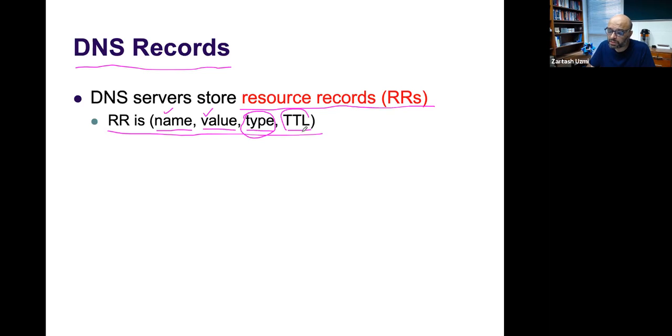This field, which is TTL, tells you for how long this record is valid, time to live. So maybe this is good for the next 2 months, maybe good for the next 2 hours, maybe good for the next 2 years. Okay, so time to live gives you the information that this record is valid for so long. So when you send a request to a DNS server, the DNS server will return you the resource